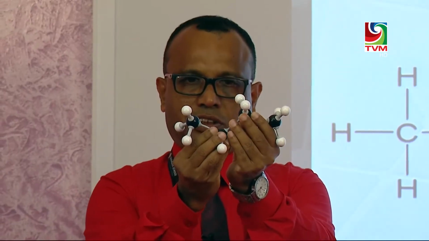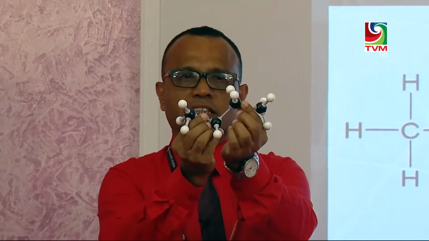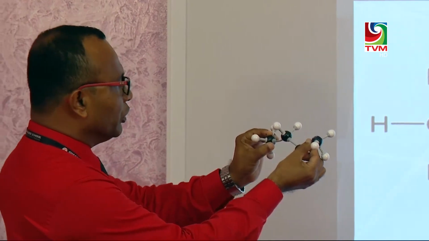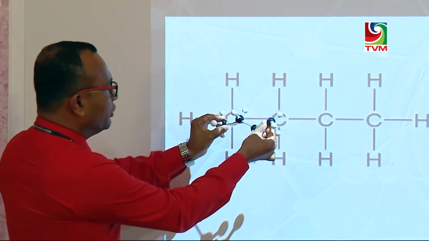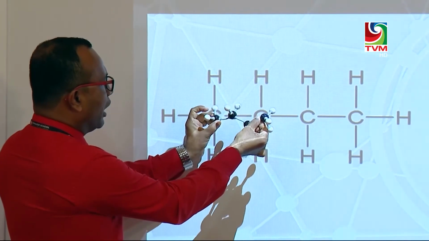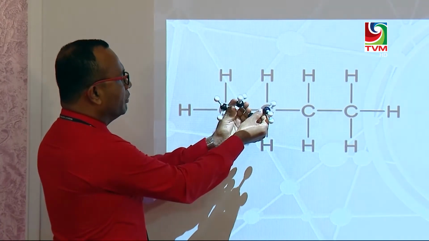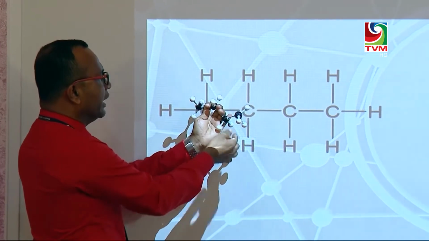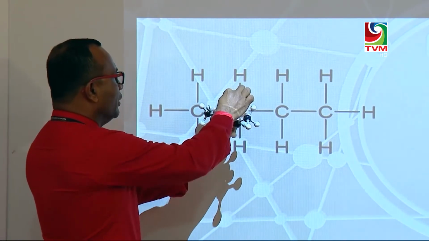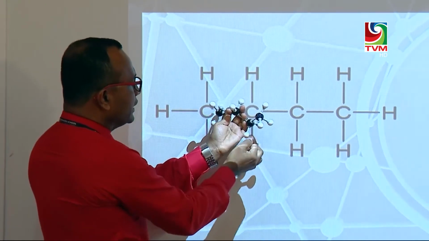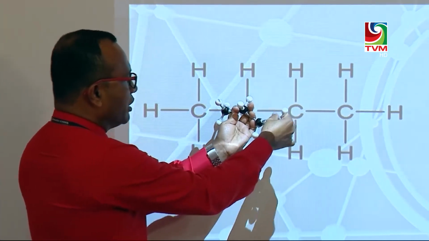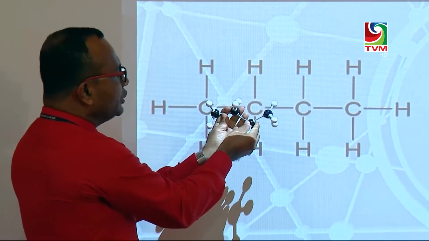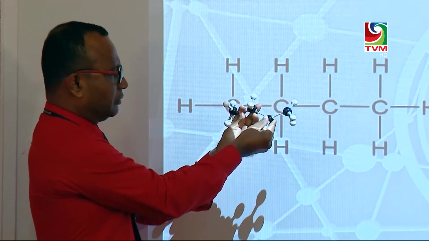Then here we have the 3D structure. Though it is in zigzag arrangement, really it shows the linear structure. You may see first carbon with 3 hydrogen, 1, 2, 3. Then middle carbon, 2 hydrogen. So next one, 2 hydrogen, terminal, again 3 hydrogen. So this is the linear structure.